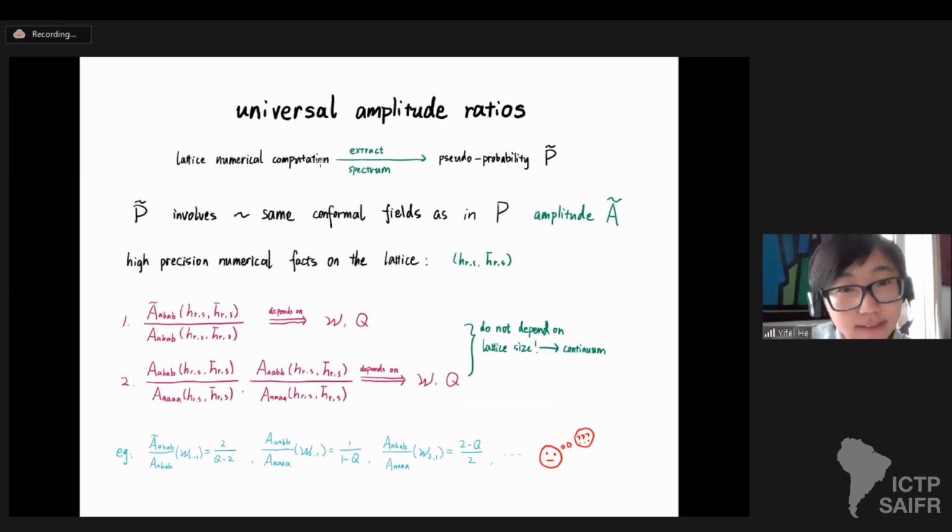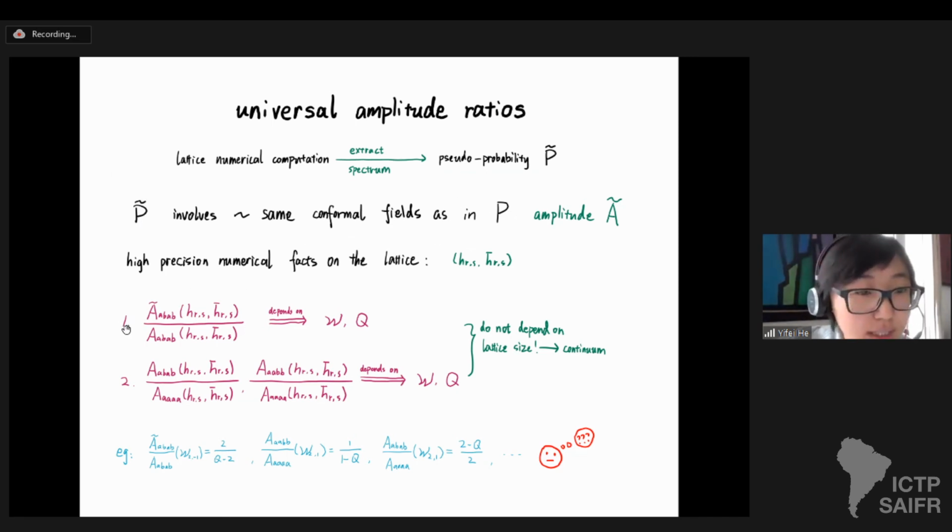And one interesting thing is that using the numerical technique that was used to determine the Potts spectrum of these 4-point functions, we can also find the spectrum of these pseudo probabilities which appear in minimal models. And we find that they involve almost the same conformal fields as the Potts probabilities, but with some different amplitudes. And we also find some really amazing facts on the lattice about how these fields contribute to these two different